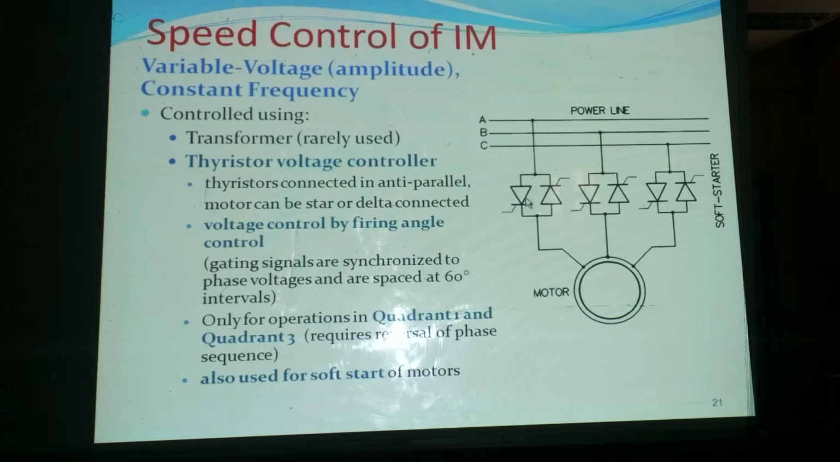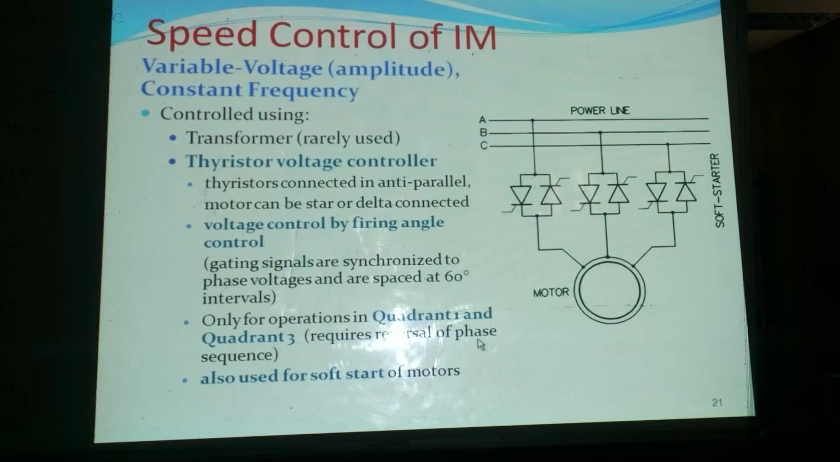Thyristor voltage controller is now very popular for variable voltage, constant frequency control. Two thyristors in anti-parallel are used in each phase. The motor can be either in star connection or delta connection. Voltage control can be obtained by varying the firing angle,